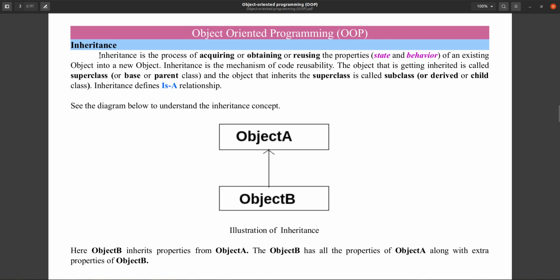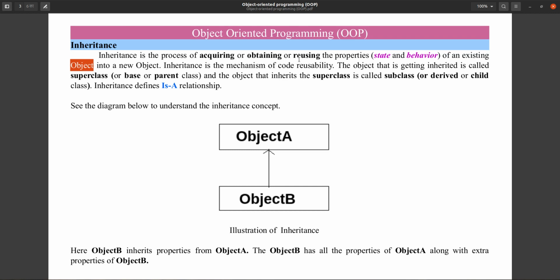If you see the definition, inheritance is the process of acquiring, obtaining or reusing the properties of an existing object into a new object. So you can say it is the reusability of an existing object in a new object.